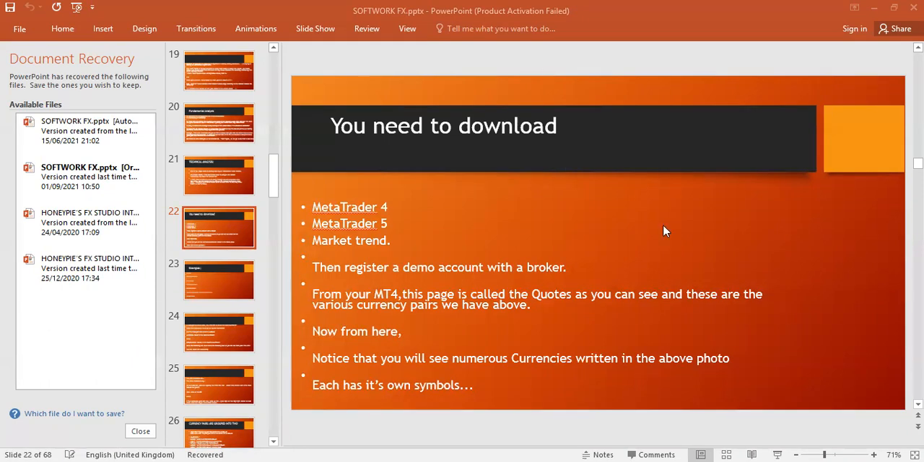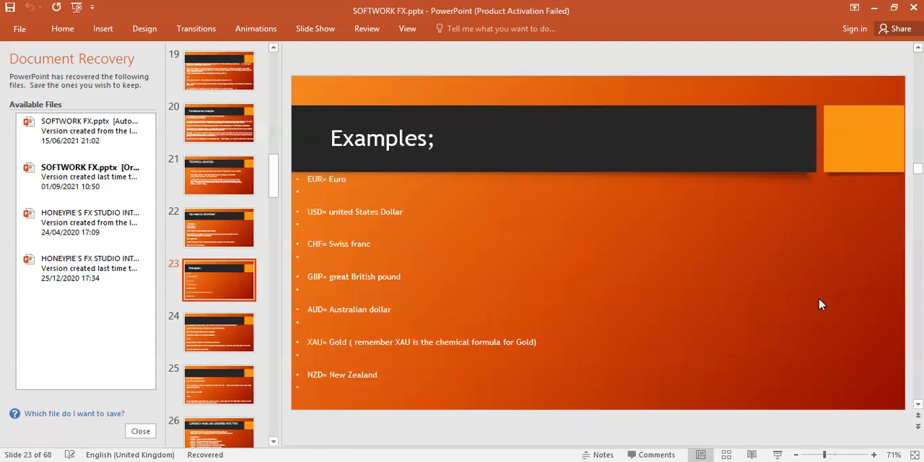Have you downloaded MT4? I told you that if you already have your MT5, there is no need. Since you have your MT5, there is no need. So let me just,